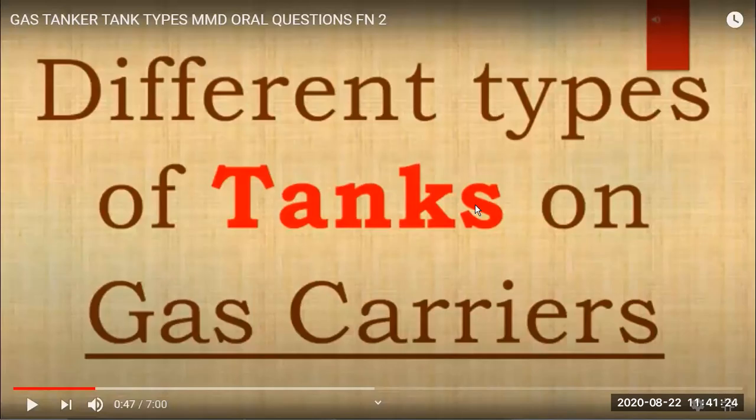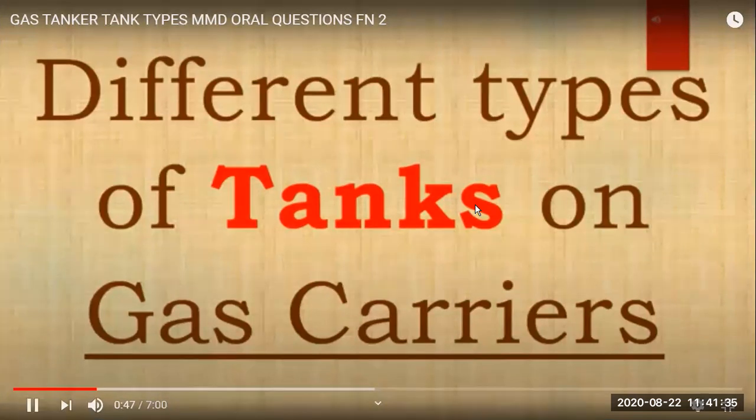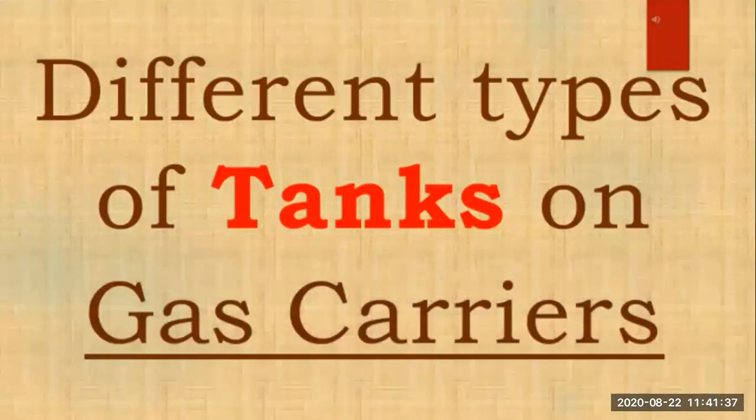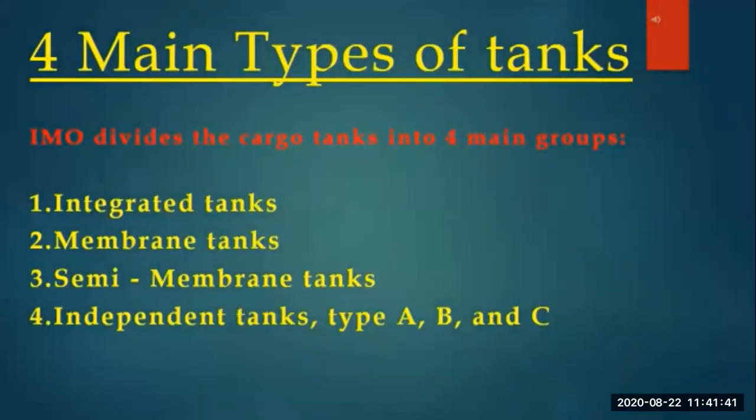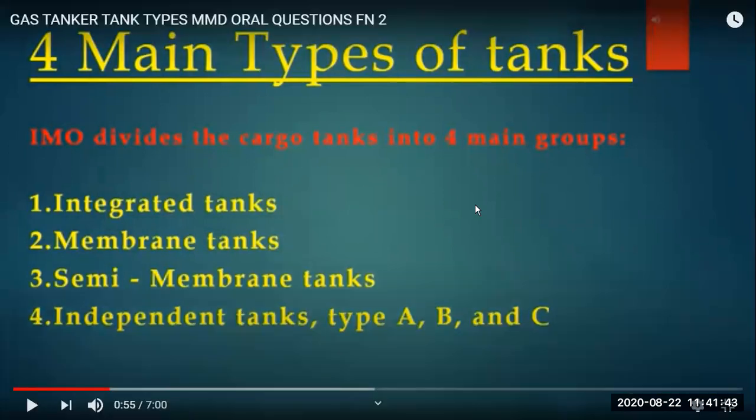Now we start with different types of tanks on gas carriers. Generally we have very simple integrated tanks on chemical and oil tankers, that is integrated gravity tanks. But we have very different tanks on gas carriers because the cargo is carried in either highly pressurized, semi-pressurized or fully refrigerated tanks, which have high stresses on